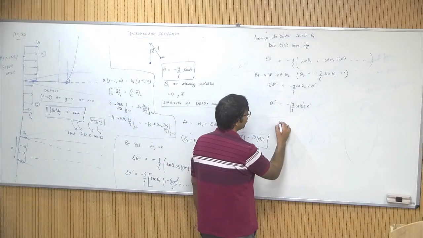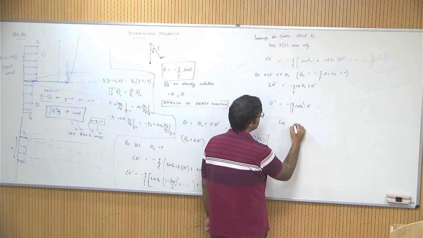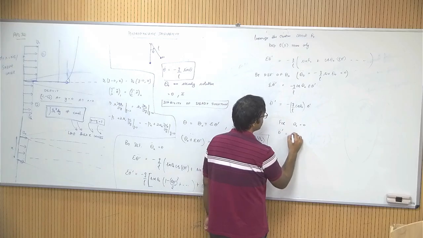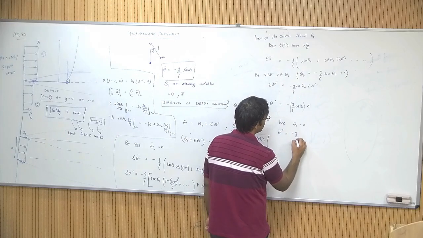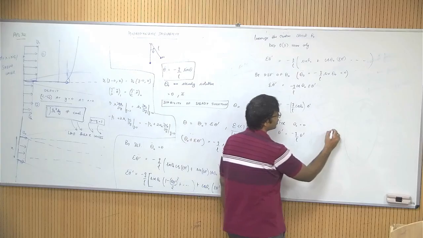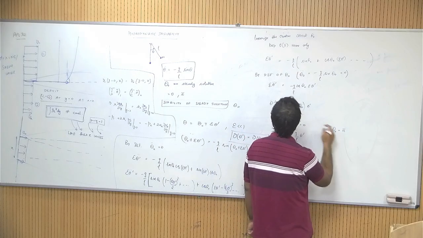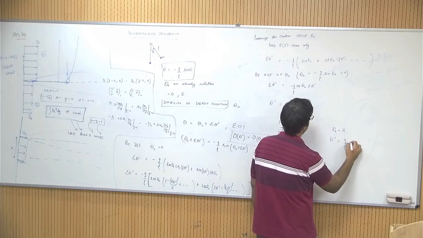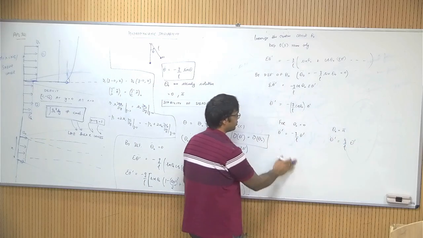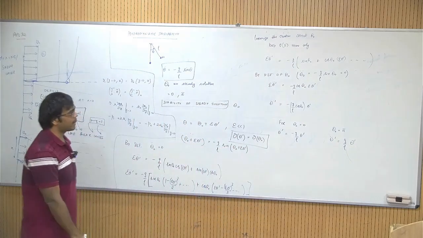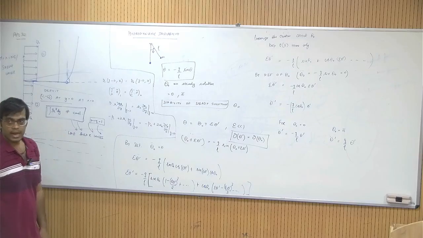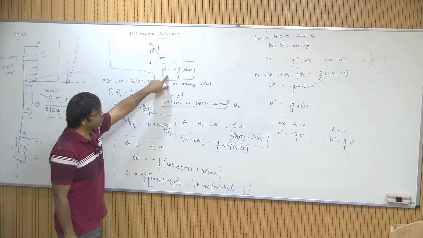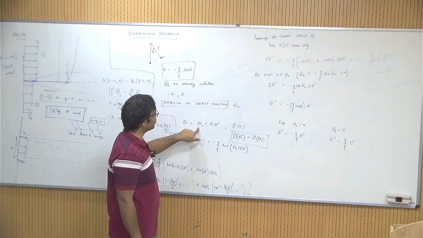So, for theta naught equals 0, we see that cos theta naught is 1, and for theta naught equals pi, we have, okay. So, we have done a linearization of our governing equation, which was this, about a steady solution theta naught,